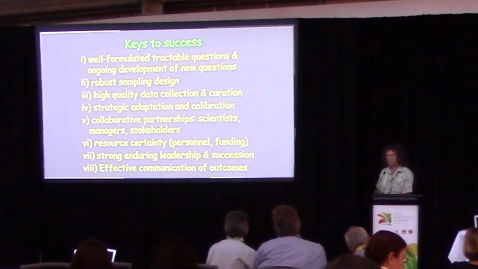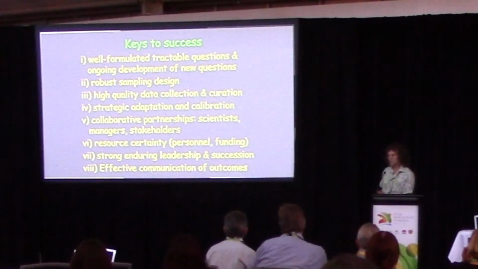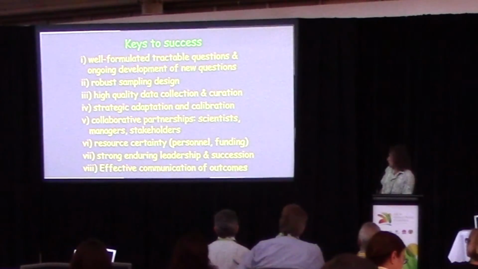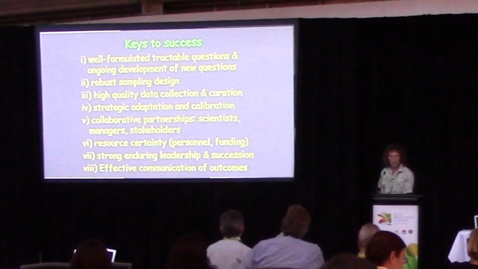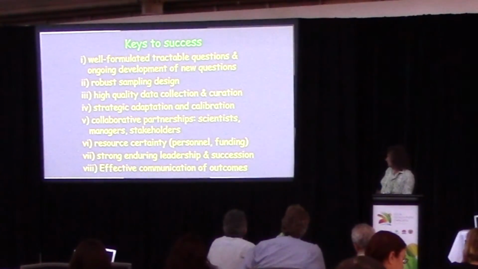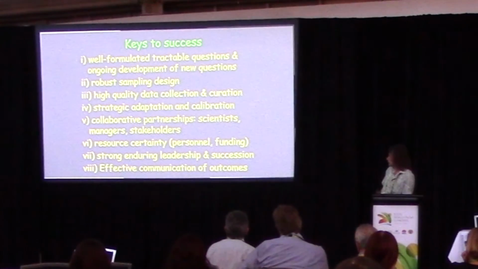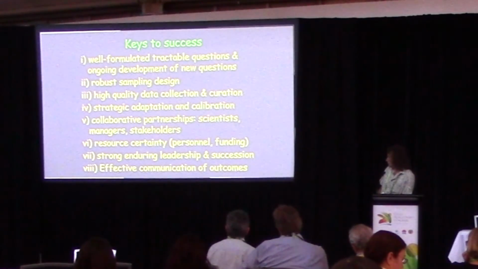It's much more carefully focused on what's the problem in this system. Robust sampling design is absolutely crucial. High quality data collection and curation is also essential. The strategic adaptation of the monitoring and calibration is also very important,